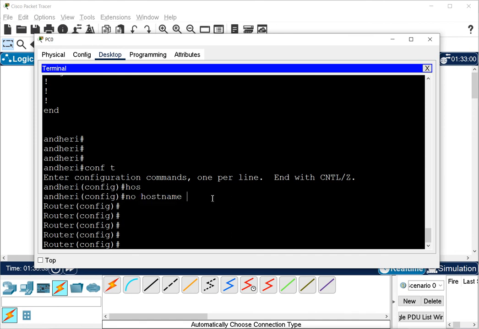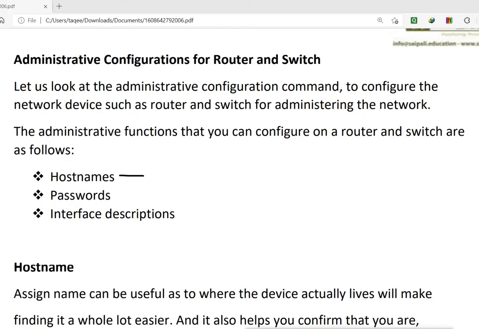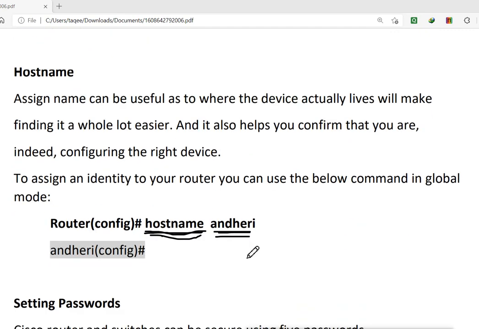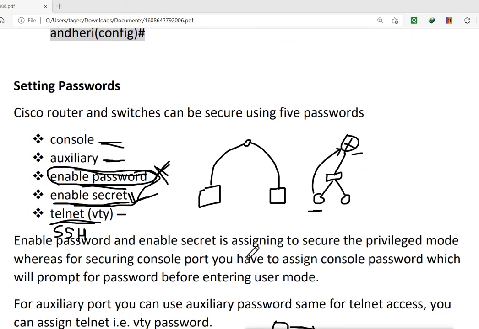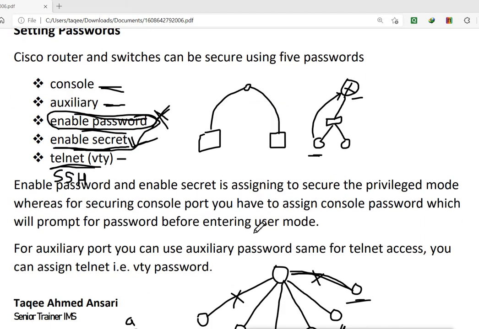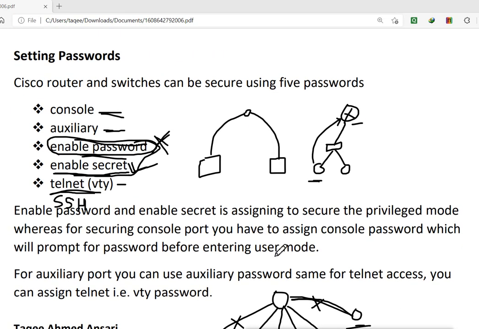For removing it, I just say no hostname without any value. So in this basic router configuration, we configure the hostname for the router and also secure the router using all these passwords. These are the basic configurations we have for routers or even switches for Cisco IOS.